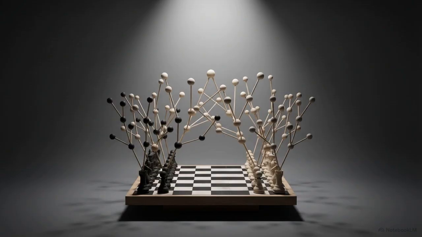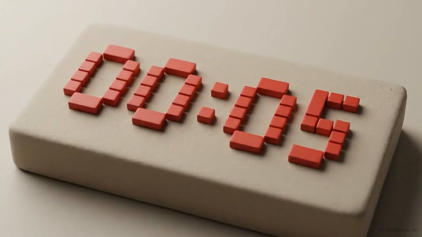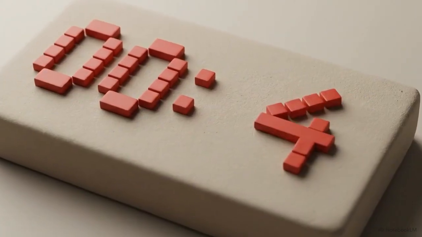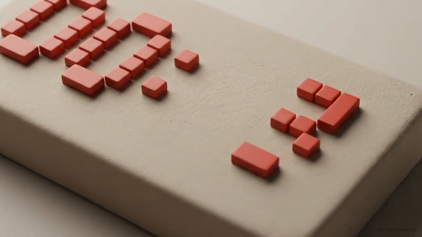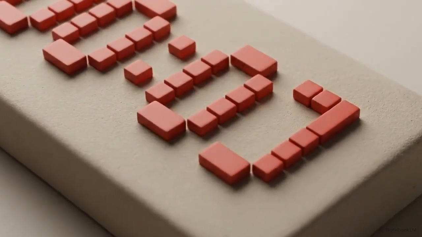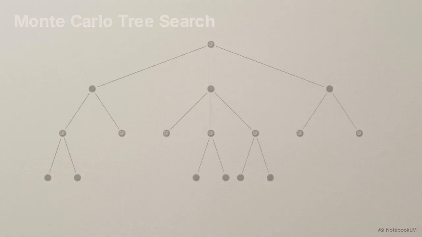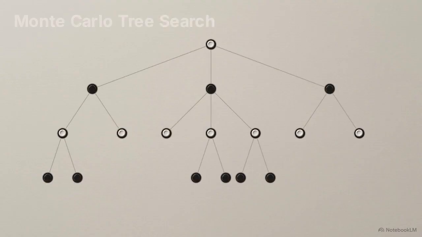Imagine an AI in the middle of a tournament. The clock is ticking, and it has only a few seconds to construct a digital map of the future and choose its next move. This diagram shows the logic it uses to survive those seconds, an algorithm called Monte Carlo Tree Search. It runs on a continuous 4-step loop.